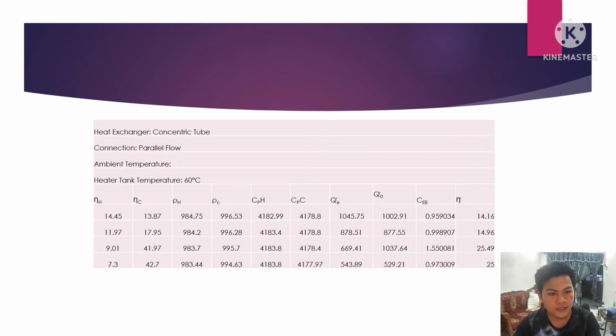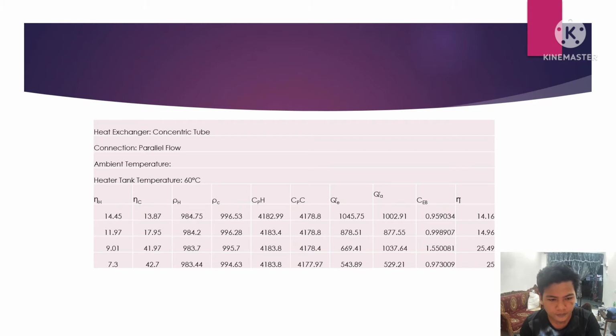The second table is about the heat exchanger for parallel flow. The heater tank is also the same at 60 degrees Celsius. The NH for the first test is 14.545. The NC is 13.87. The density for hot is 984.75. The rho for cold is